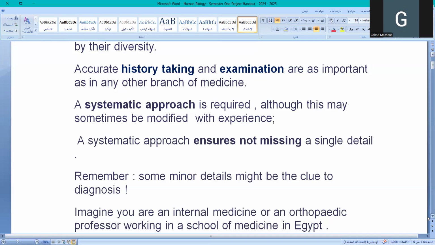And upon examination, you narrow this list of possible diseases that might have the same clinical presentation,